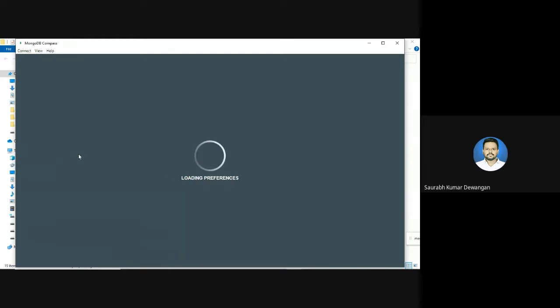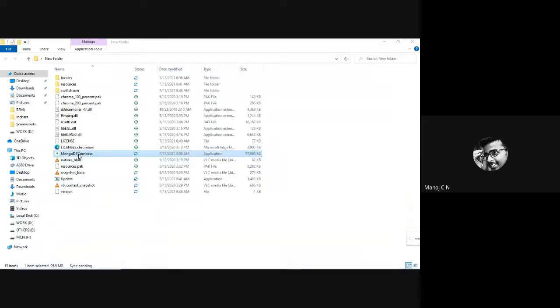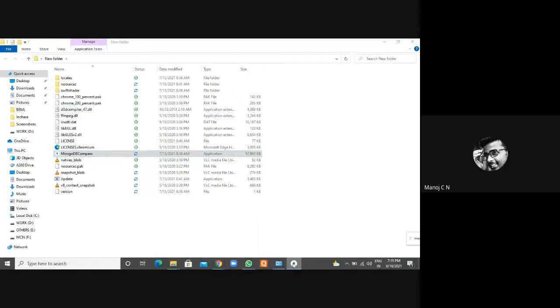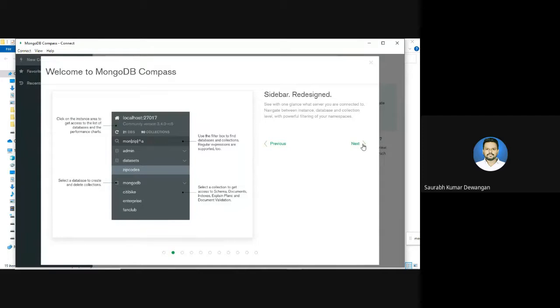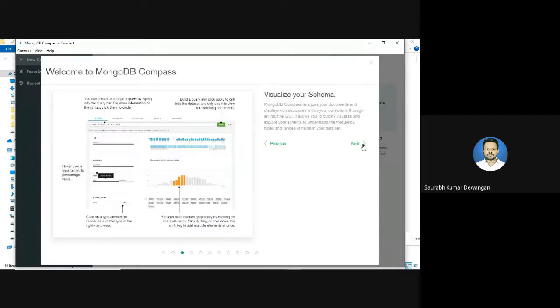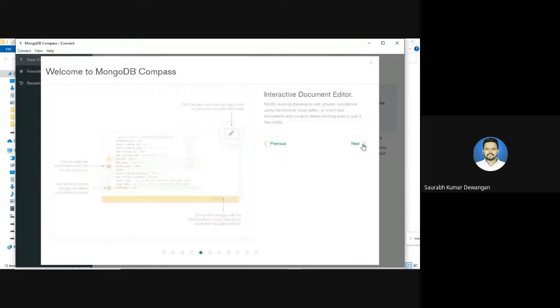You can pin MongoDB to your taskbar, or you can create a shortcut on your desktop, right? Yeah, you can go next. Click on next. These are some tutorials about MongoDB Compass.